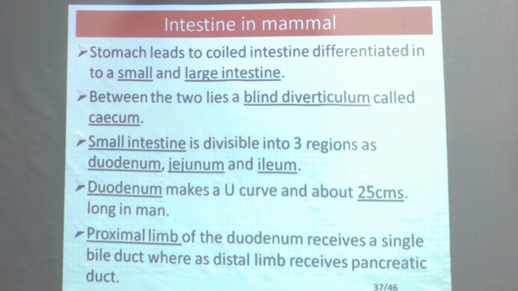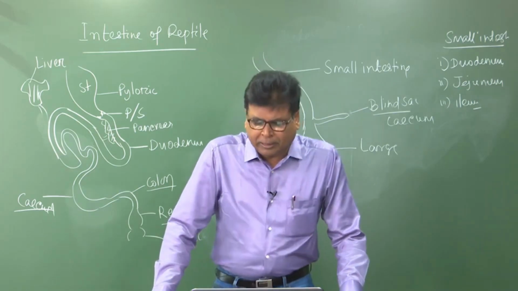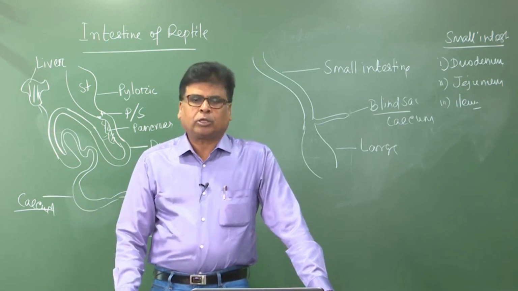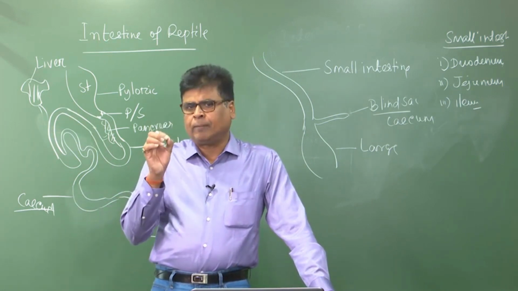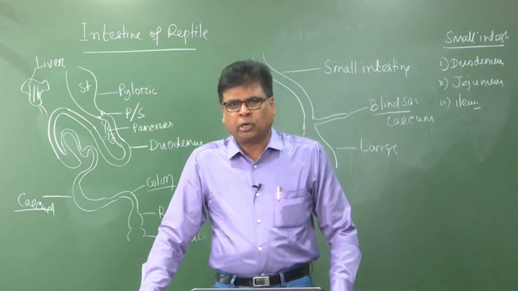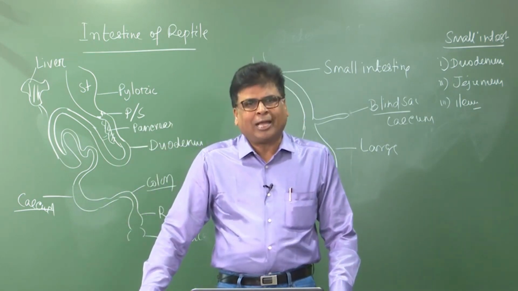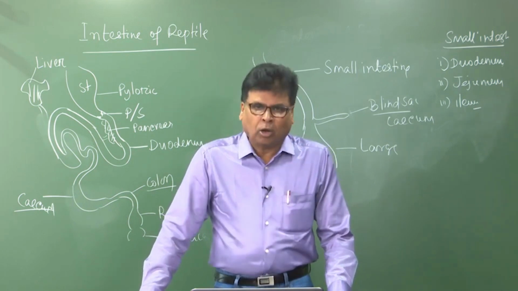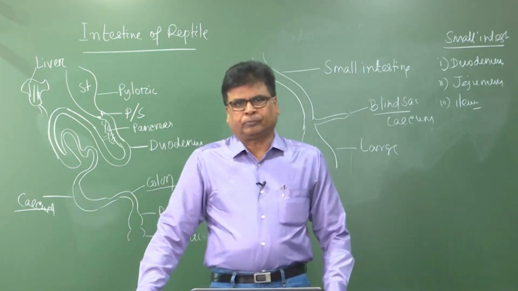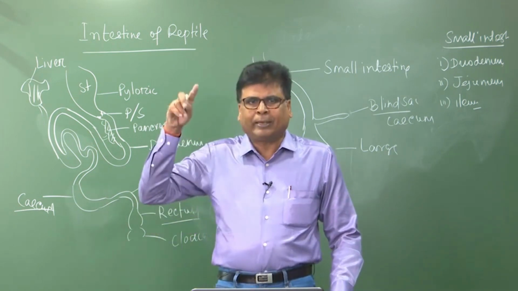in case of men. Again I am telling, the duodenum makes a U curve, it is folded upon itself making one U-like turn. I am not telling about other mammals, I am telling exclusively of our case. In case of human, or in case of men, this duodenum is 25 centimeter long. So the proximal limb of the duodenum, as it is making one U shape,